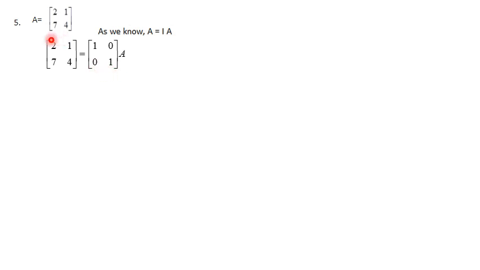First thing is that we have to change the first element to 1. The operation is like this. To make this one as 1, simply we have to divide by 2, or multiply by 1 by 2. So 1 by 2 R1, the element belongs to row 1. After doing this transformation, the matrix will change to 1 by 2 into 2, that is 1. Again 1 by 2 into 1, that is 1 by 2. Second row no change, 7 and 4. And here 1 by 2 into 1 means 1 by 2. Then 1 by 2 into 0, that is 0. Second row no change, 0 and 1.